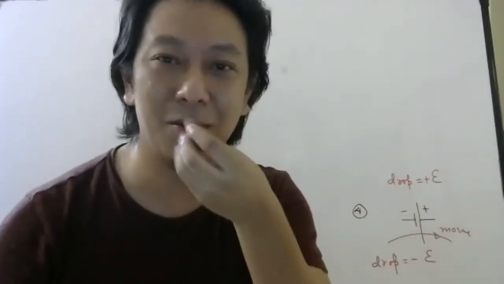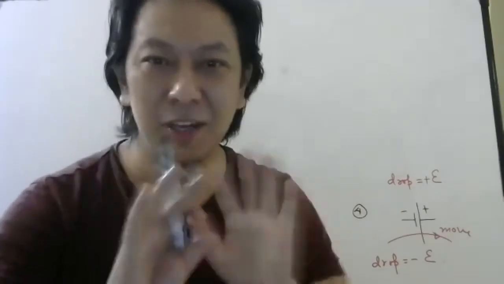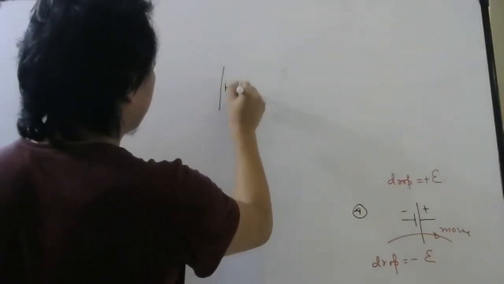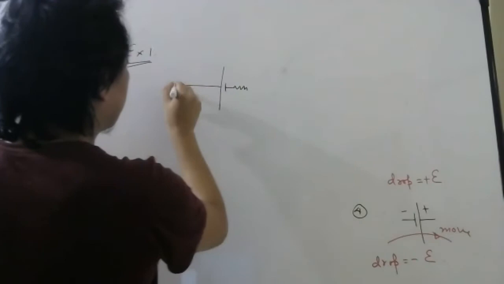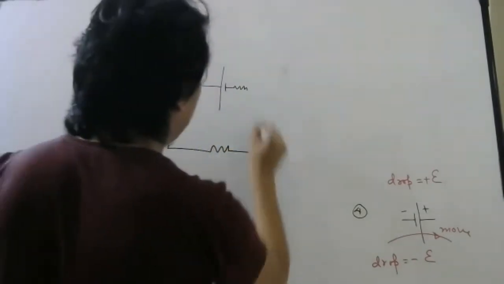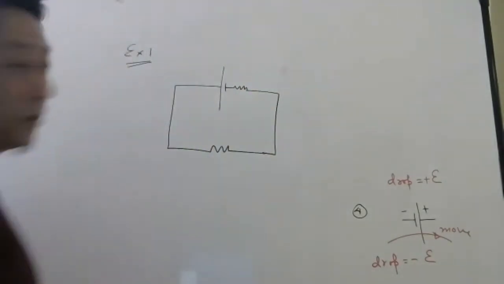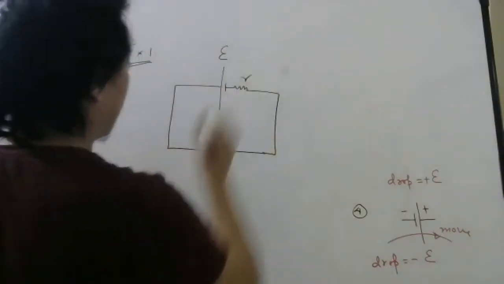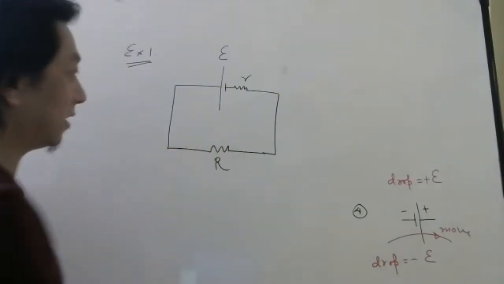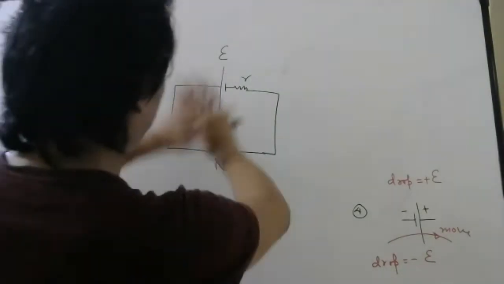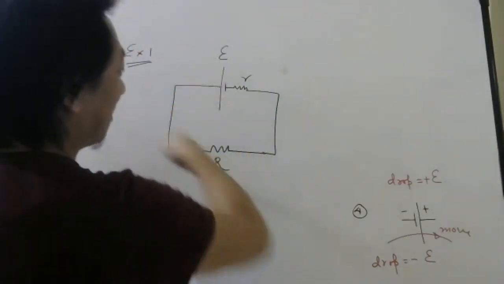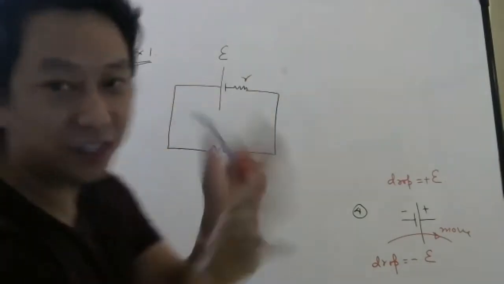If I simply say it orally, you will not understand so much. So let us apply it. So first example, here is a battery and here is an external circuit. Okay. So the battery's EMF is E, internal resistance is r, external resistance is capital R. So the first thing is you have to see how many branches are there. There is only one branch because everywhere current will be same, no junction.